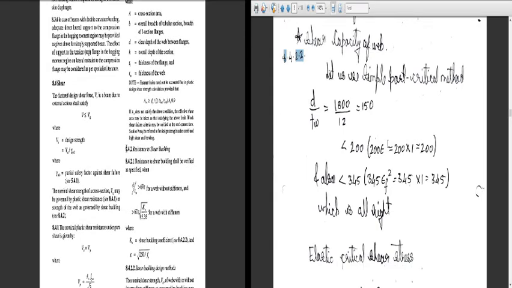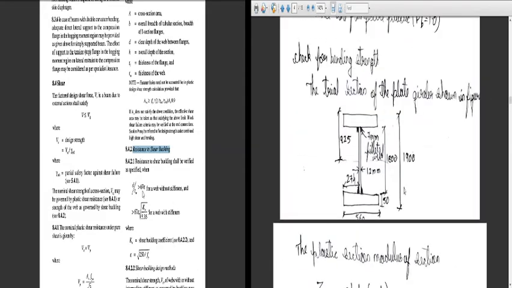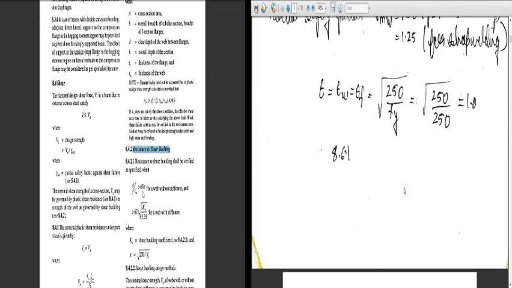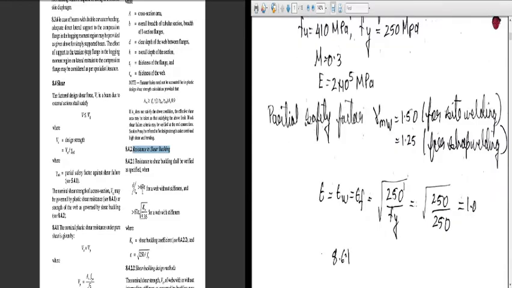And clause number 8.4.2 is resistance to shear buckling. Now, remember, as we have discussed in this numerical, we have clearly specified there how the design will be done. The bending moment will be taken by the flange portion and the shear strength will be taken by the web portion. So, we will see the clause number now.